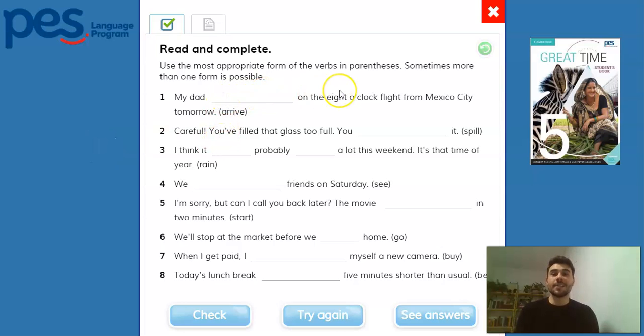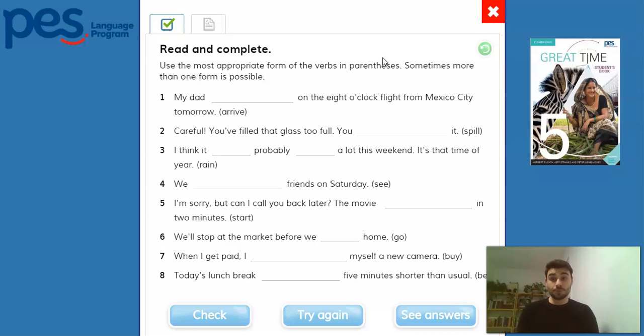All right, guys. So let's see some of the possibilities for the answers. And very important, here I'm going to type in just one of the answers if there are more, okay? And later at the end, when we check, I'm going to give you the other possibilities. Is that okay? So, starting with the first one, we have my dad on the 8 o'clock flight from Mexico